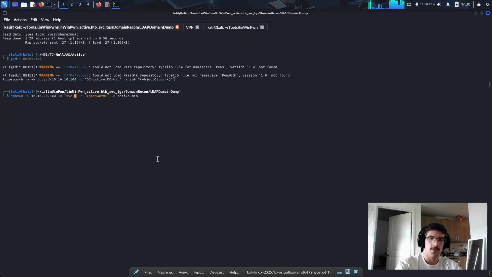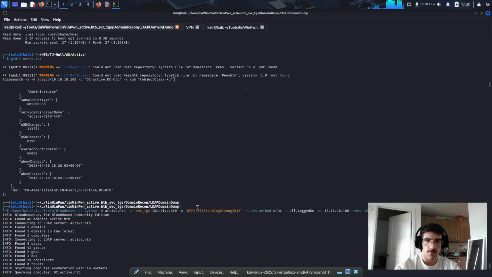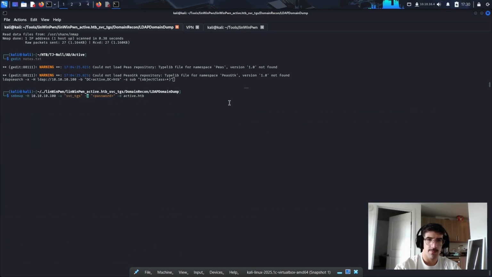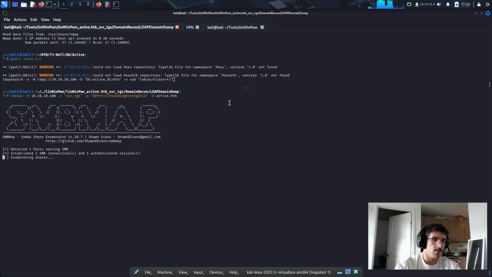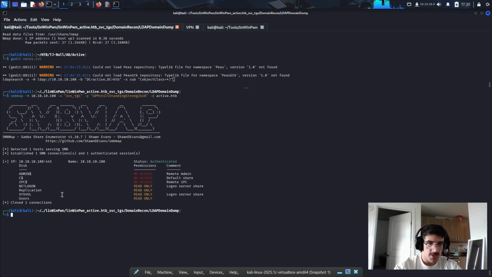Service TGS. So as you can see here, we have access to the sysvol share, read-only access to the users, sysvol, replication, and logon. So once again, you typically want to inspect these manually. So you go active, the HackTheBox service.tgs, and then